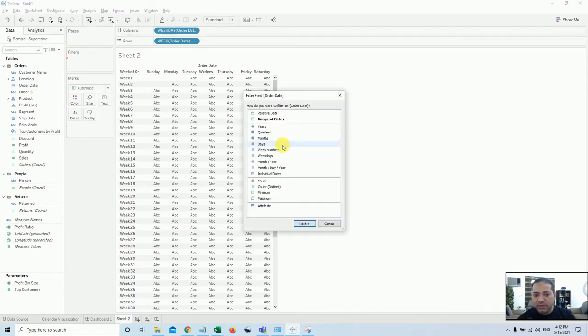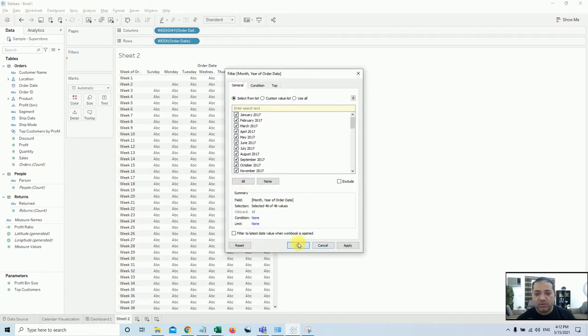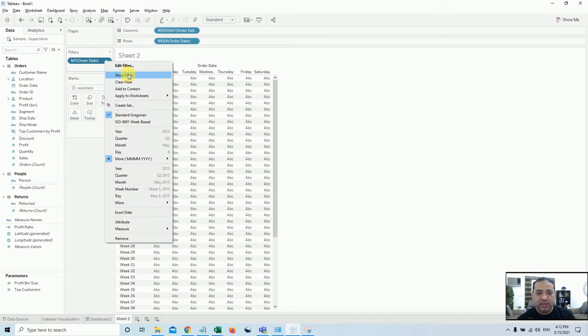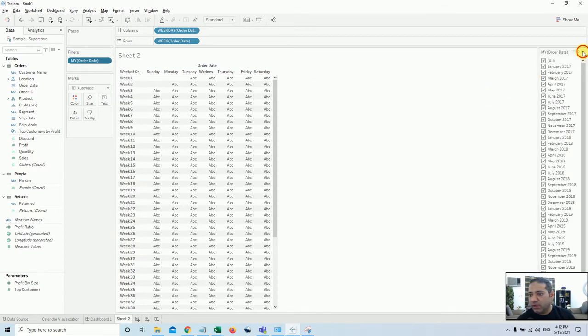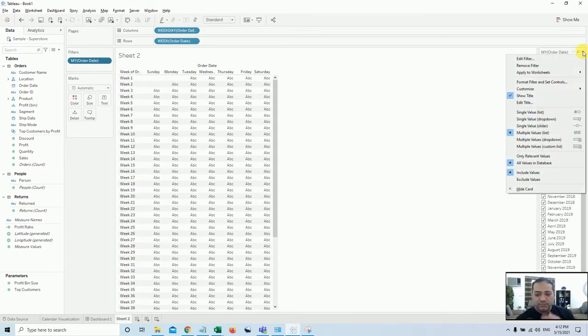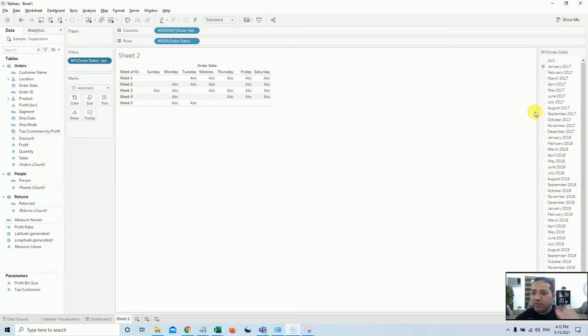We can choose a filter for month and year, say next, select all, say OK, and then right click here, say show filter, and from the show filter you can choose single value list. So now you can choose a specific month only for a specific year.